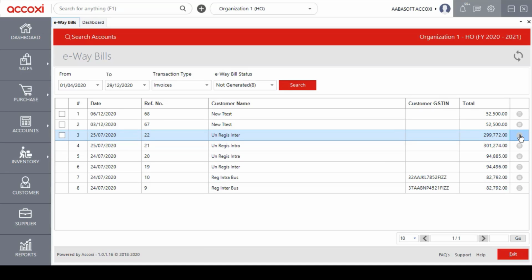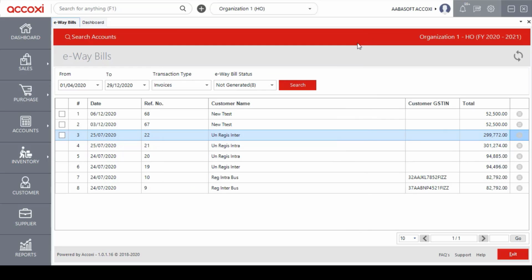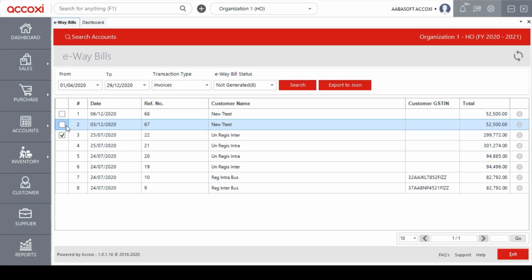After we save the e-waybill, in the more options, we can see that the create e-waybill option changed to edit e-waybill. If we want to edit an e-waybill form, then it can be done by using this option. When we click on the option, it redirects to create e-waybill tab. And on the left side of the data table, we can see that a marking option is available. This option is used for the purpose of exporting this particular e-waybill transaction to JSON format. When we mark this option, we can see that export to JSON option will be available, and with this option we can export the required transactions to JSON format.